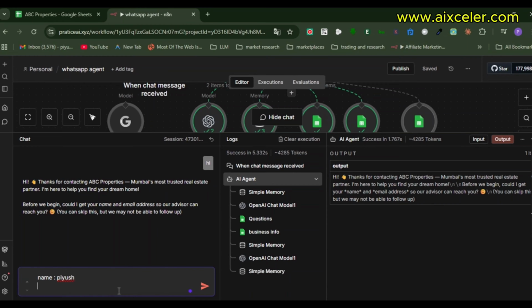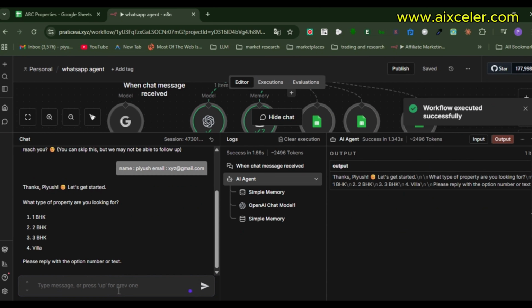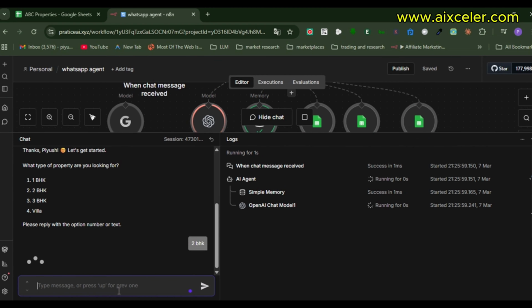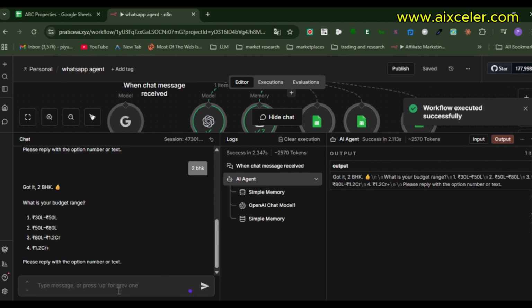and it is asking us about the name and the email address because I mentioned this in the system prompt. So system prompt is very important, guys. It is where you write all of the information how your agent behaves. Then it asked me the next question about what properties I want to buy. Then it will ask like 3 to 4 questions before ending this conversation,